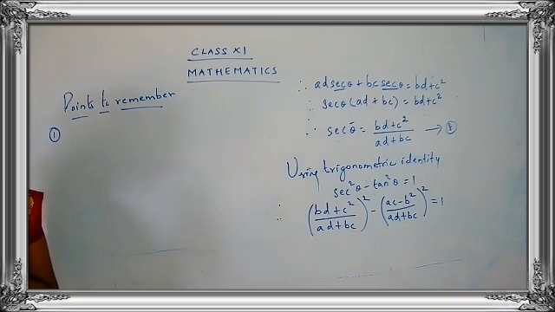Then you have to write down the next line also, children. Consider a circle of radius r. So what you have to consider here is a circle, and they have given the radius as r. Let s be the arc length. So you have to use a small s, do not use a capital S. We have to use a small s. Let s be the arc length subtending an angle theta at the center.